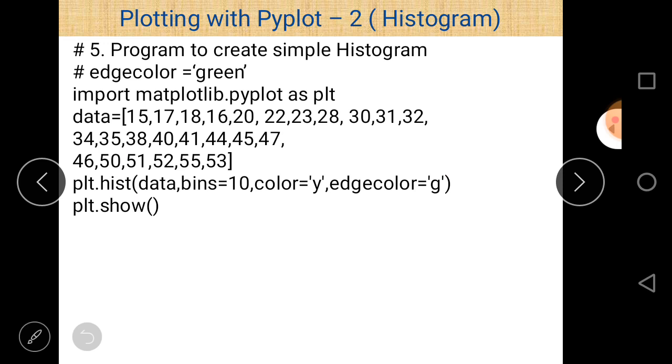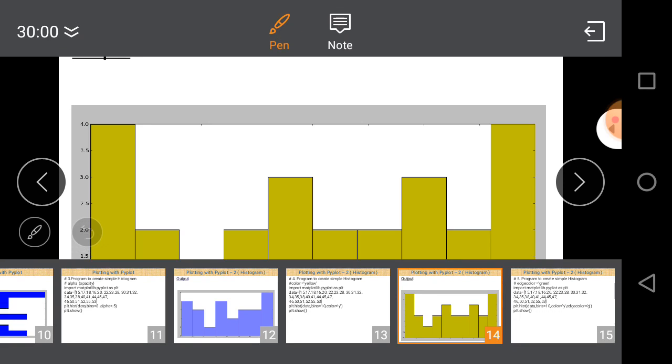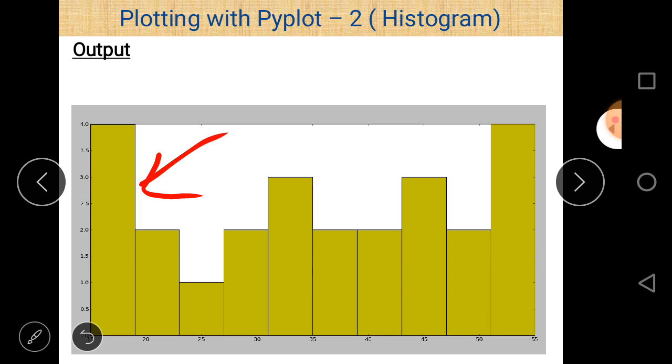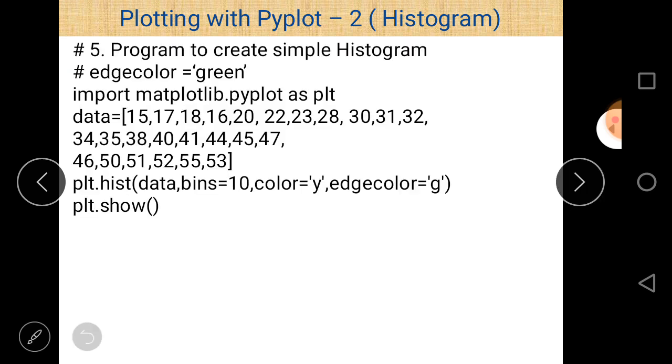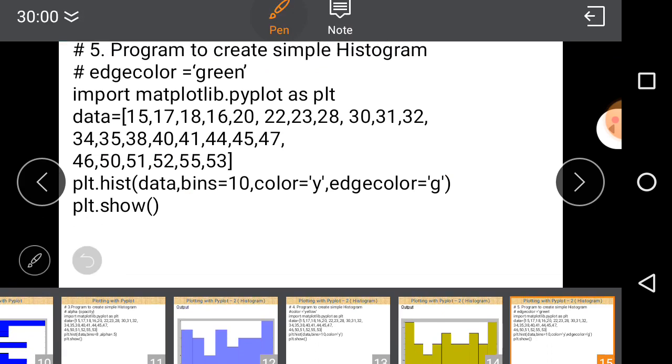And in this program there is an attribute or parameter edgecolor. To understand this concept, first of all let us look at the output of the previous program. In this program we can see in the output that the color of the edge is black, so the default edge color is black. But if we want to change the edge color of the histogram, it is also possible, and this is possible using the parameter edgecolor. And in this program we take edgecolor is equal to green,